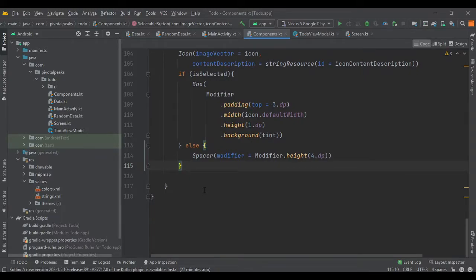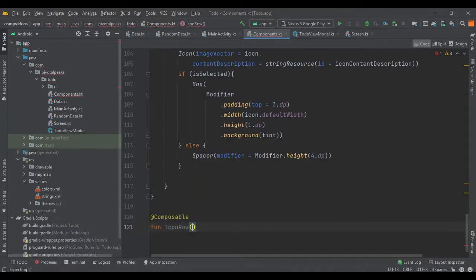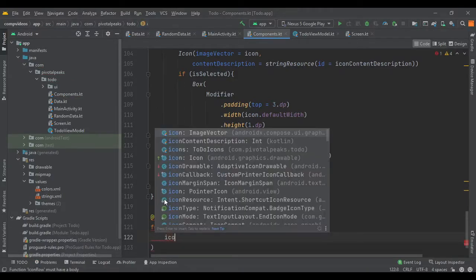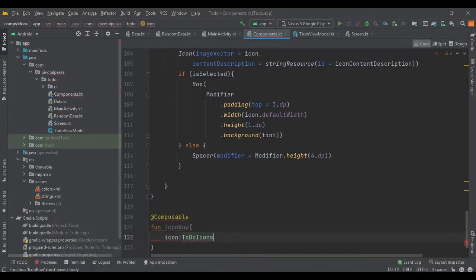Now let's make a row where we can put our icons. So let's define another composable function for our icon row. So add composable function icon row. Let's give it some parameters. First parameter is going to be the icon of type ToDoIcons.